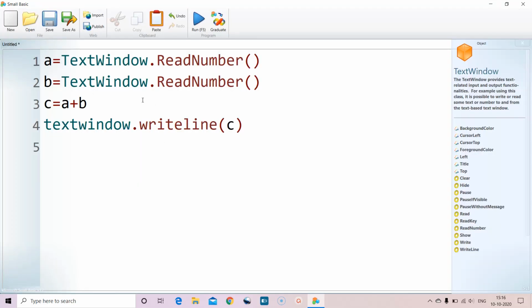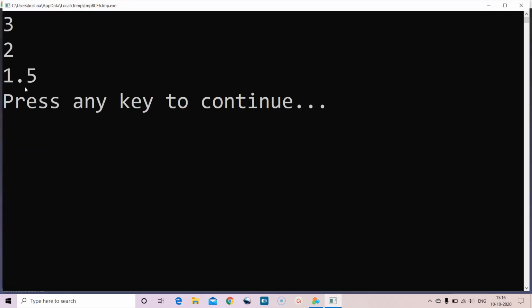Instead of this operation, we can also use subtract, we can also use multiplication, we can also use division. So let us also run it once. 3, 2. So 3 divided by 2 is 1.5. So it is giving a float value.